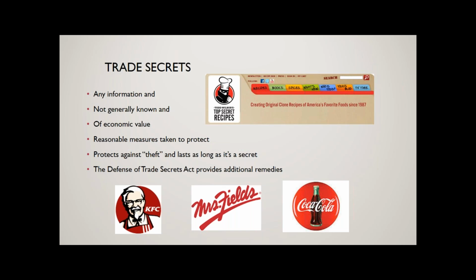It could be things such as customer lists, manufacturing processes, marketing plans, internal costs and pricing information, and other things. I had a case last year where the trade secret was the composition of metal in a machine. It can certainly be a business's most valuable asset and can easily be lost through theft or disclosure. Reasonable steps to protect a trade secret could include restricting access, such as locking files, using ID badges, and of course good computer security measures, limiting the people that need to know the information,